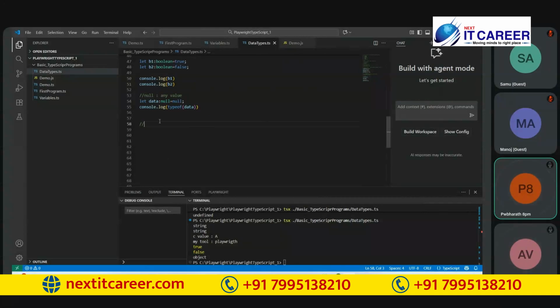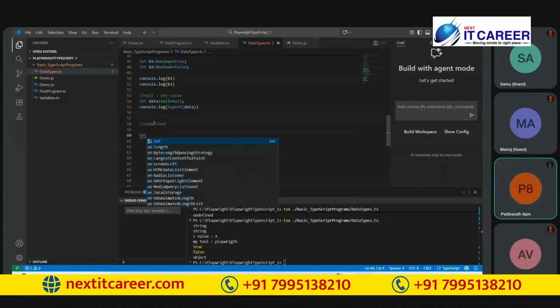See, when you are not defining anything, by default, undefined and null both are going to represent the undefined data. It means in the data type, we are not assigning any value.